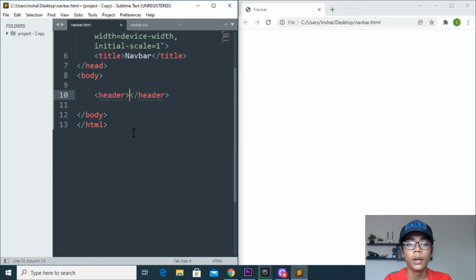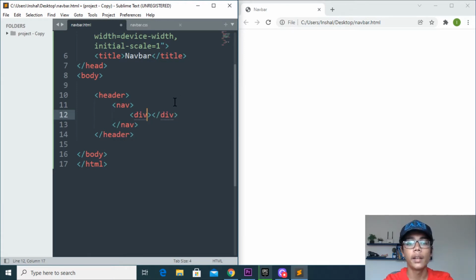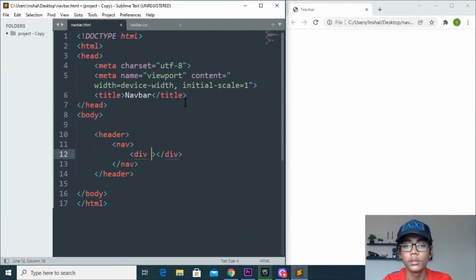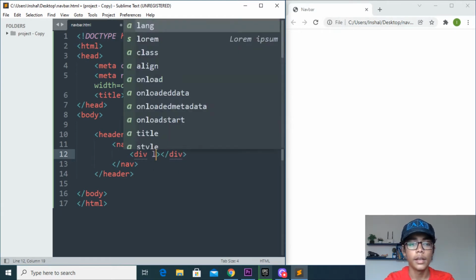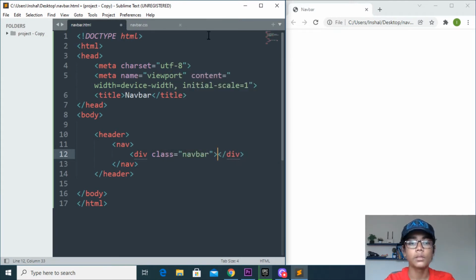Here I will now move down and make a nav tag, which should be the same. And then I will move down again and make a div. In this div I will write a class. You can add a class of navbar, because we are making a navbar. I will make this bigger, because now we want more space to write our code. You can see nothing is coming here because we have not written anything. And here I will write class of navbar. So you can see we have written that.